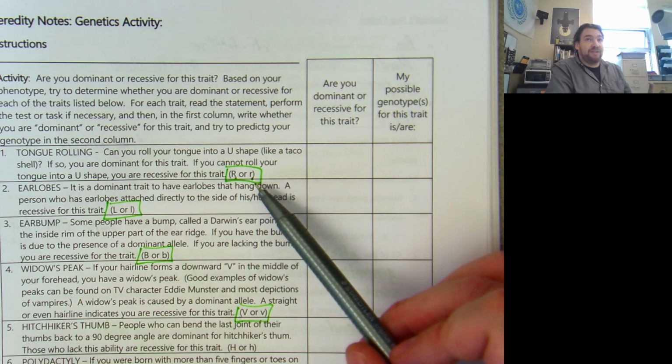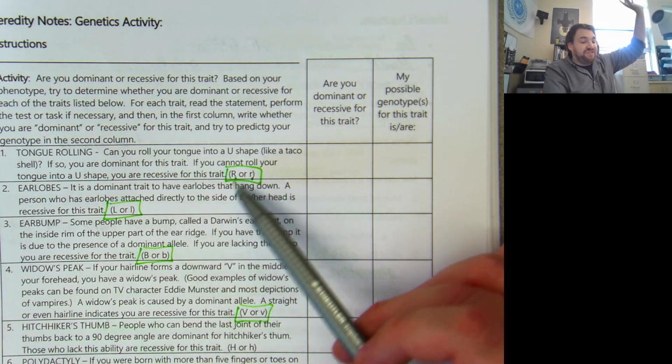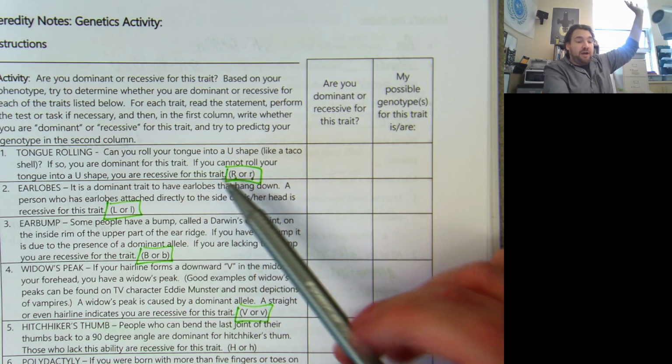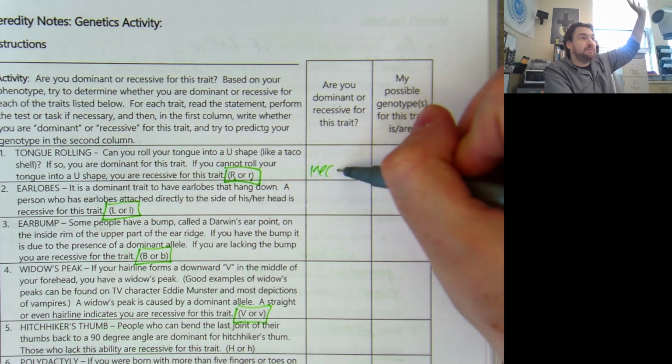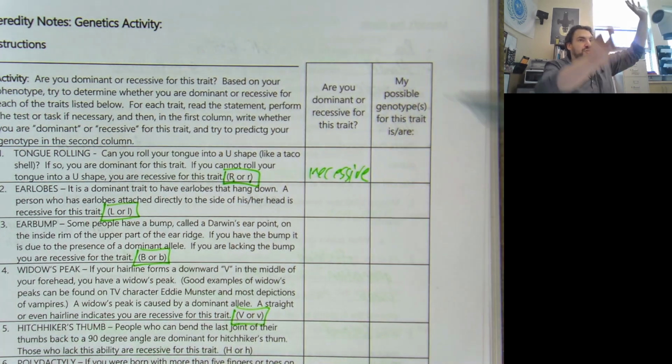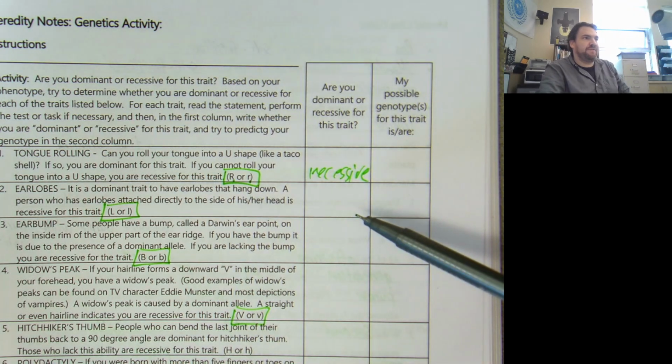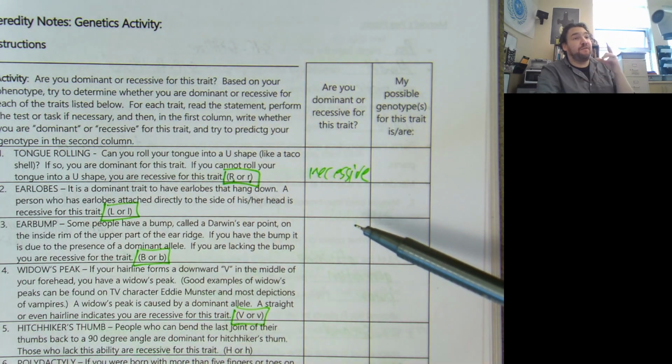So, real quick, one example. Hands up if you were recessive for tongue rolling. Like me, you cannot roll your tongue. I am recessive. Okay? Luca's the only one who's willing to admit that. I saw more of you, but okay. Luca and I, you and me are both recessive. Cool. What that means is, if we are recessive for that trait,